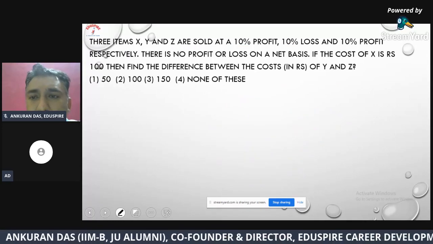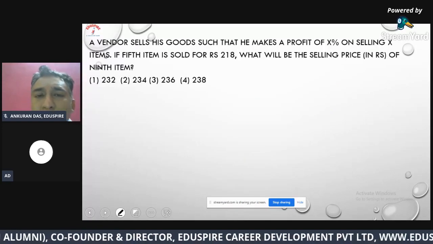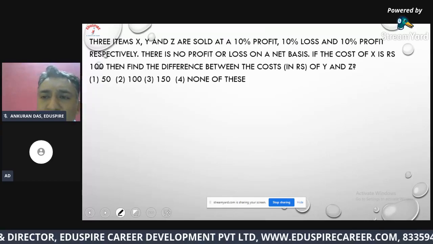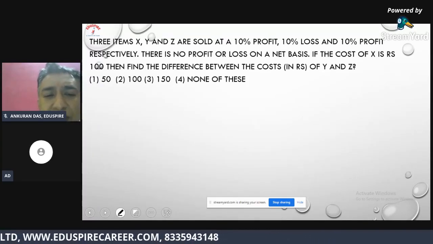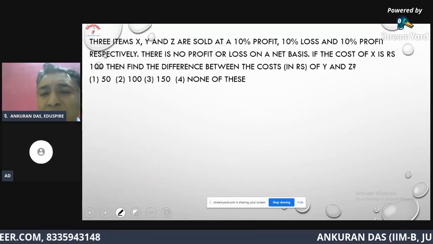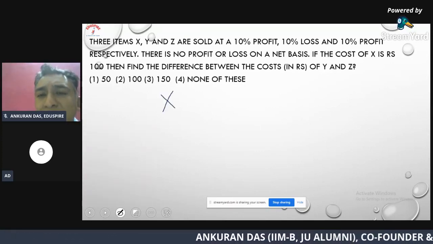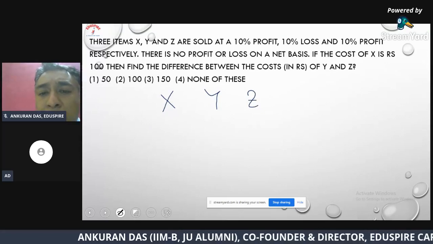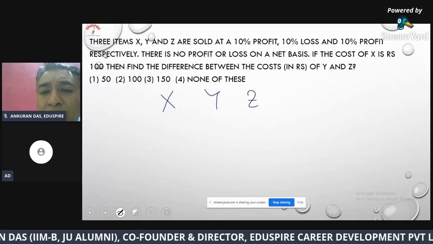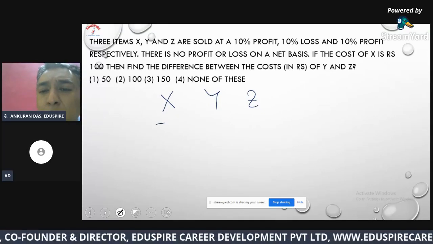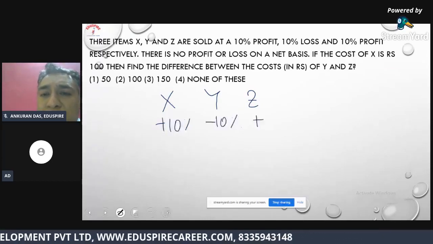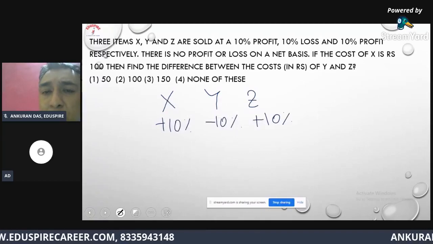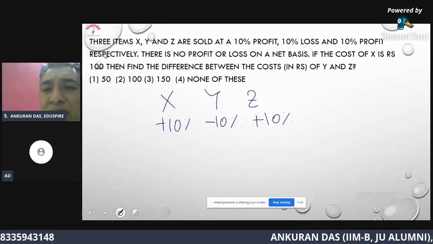Okay. So all right. So here is another one. Definitely, as you can read the question, they have said that there are three products, X, Y, and Z. And as you can see, they have said on the products, you have 10% profit, 10% loss, and 10% profit respectively. Okay. So you see, the most important information probably is there is no profit or no loss on a net basis,